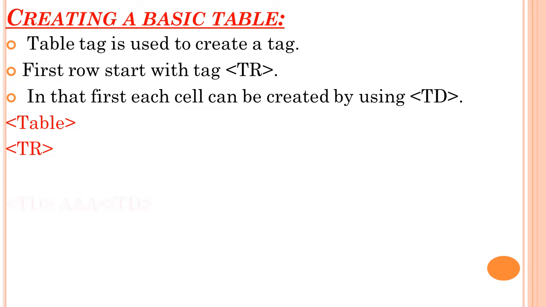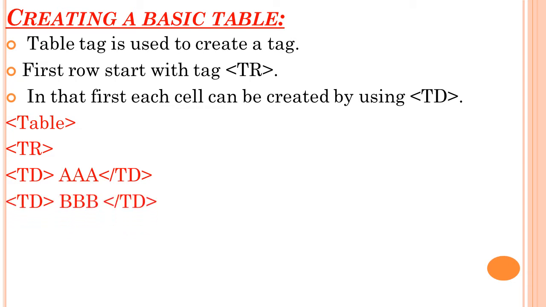Okay, this is the first row. Inside of the first row, td means first cell, that is triple A. I have closed that cell. In the cell I want to see only this triple A. And again I want to see the second cell as triple B, means row wise, the cell will be displayed right to the first cell, like that only, right? Second cell as triple B. I am going to close this tr, means the first row is finished.